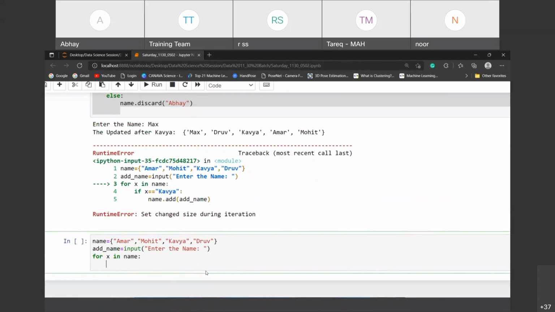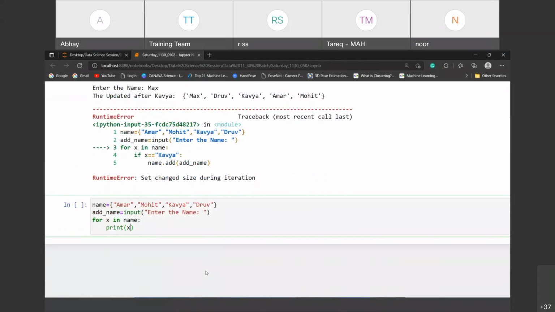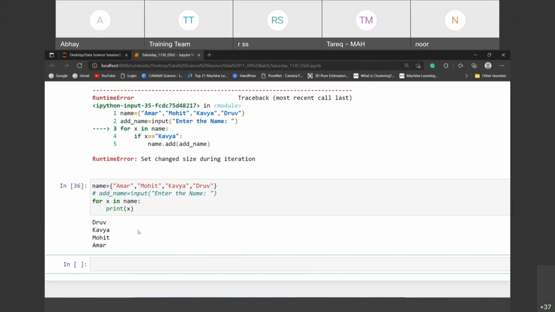And in this one, x is equal to n, and then n x. This is a simple thing we have done. Dhruv, Kavya, Mohit. First it goes with Dhruv, then ends with Amar. So this is completely random. Now let's check out what will happen.